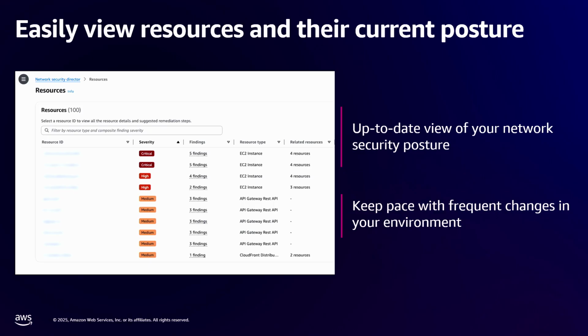We also provide a list of resources for those who require an asset inventory. You can export this list. The list consists of each individual ARN by severity. You also get an indicator of how many findings are on each individual resource. And as we mentioned before, a resource can have multiple findings on it. The findings each have their own severity, and the severity of the resource is driven by the most severe finding on the resource. So if a resource, for example, has 5 findings, it has a few low, a few medium, and a critical, the resource severity will be set to critical so that you can more easily identify the most pressing thing I need to address right away.